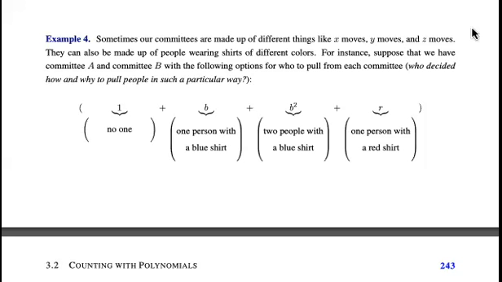We're currently looking at example 4 in subsection 3.2.2. Okay, so sometimes our committees are made up of different things, like x moves, y moves, z moves, but they can also be made up of people wearing shirts of different colors. Okay, so